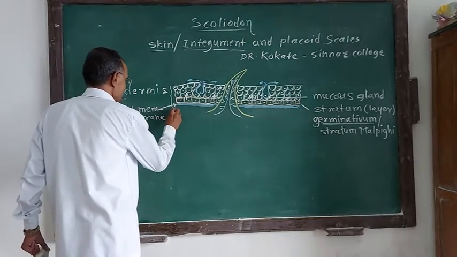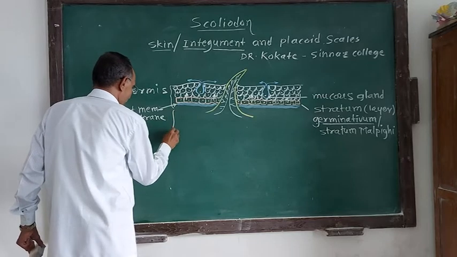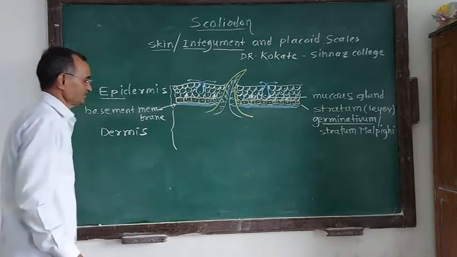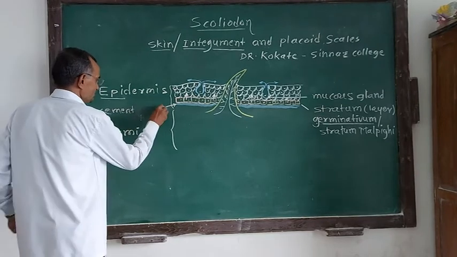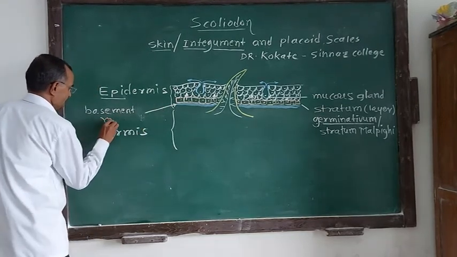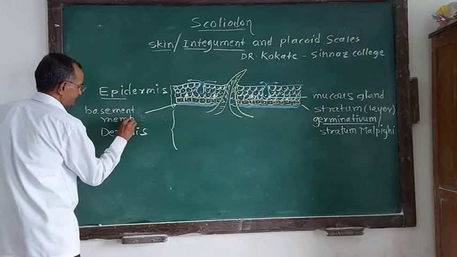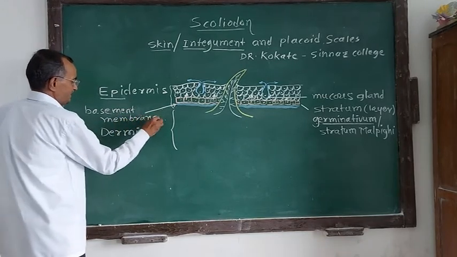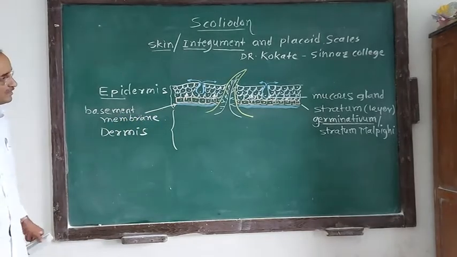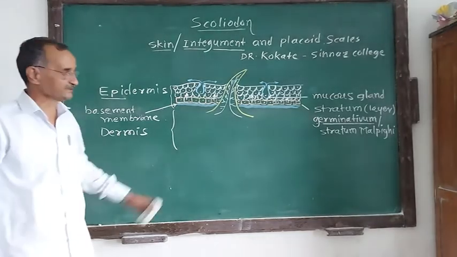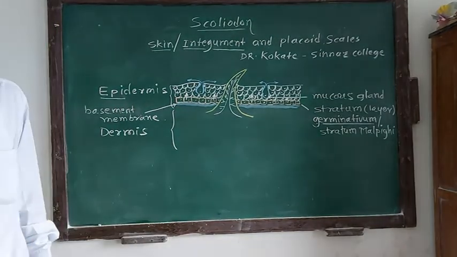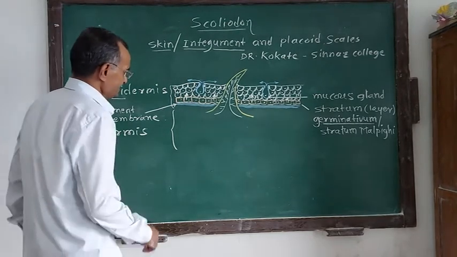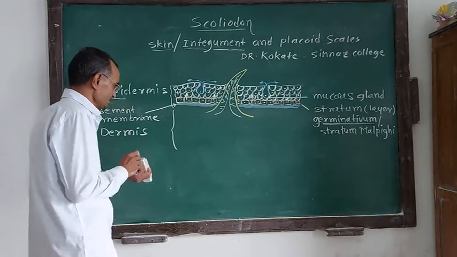Below this epidermis, after the basement membrane, is the next portion of the skin of Scoliodon, and it is known as the dermis. Now the dermis is thick as compared to the epidermis. Now what does it consist of? The dermis consists of